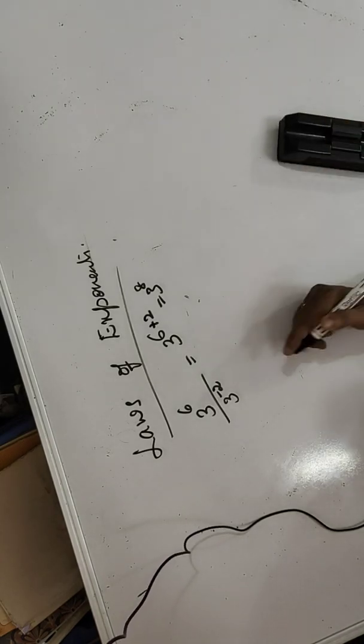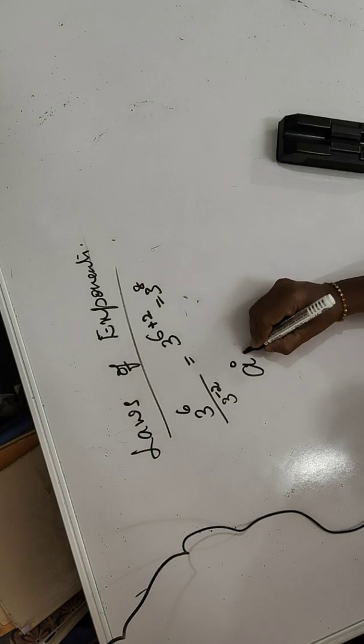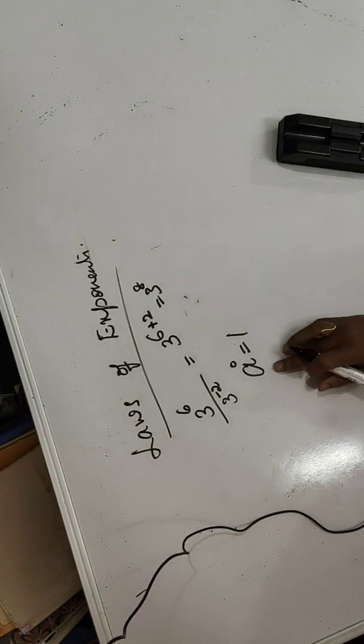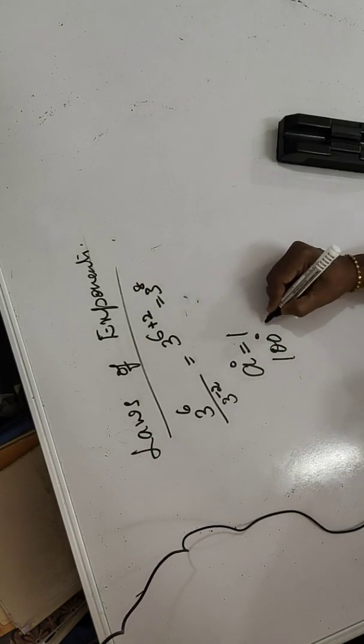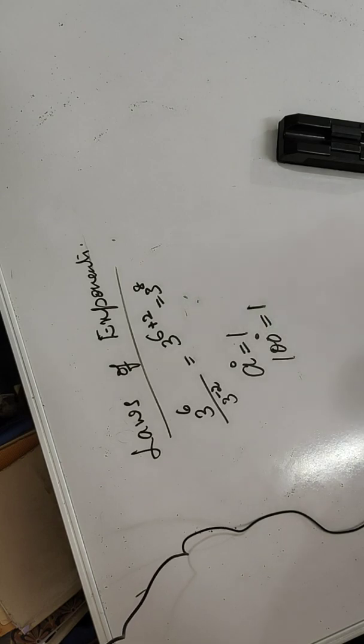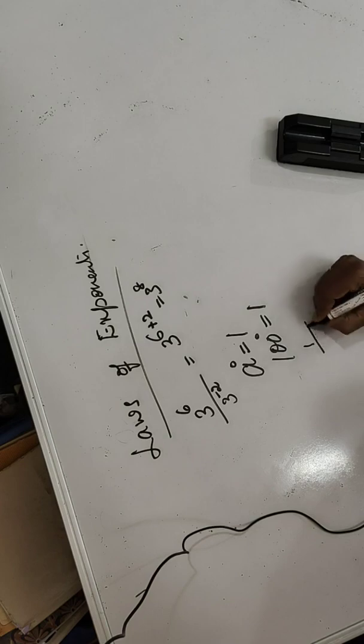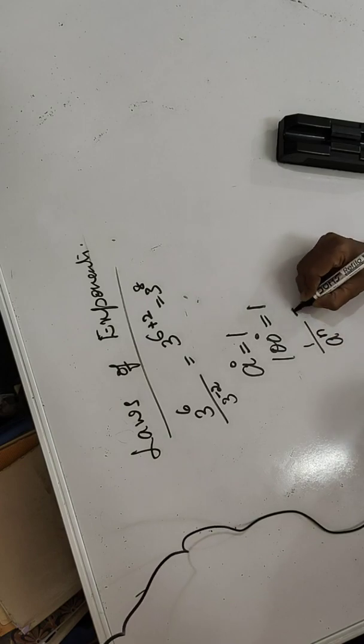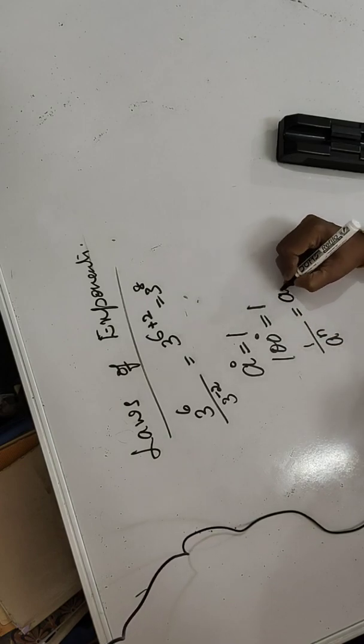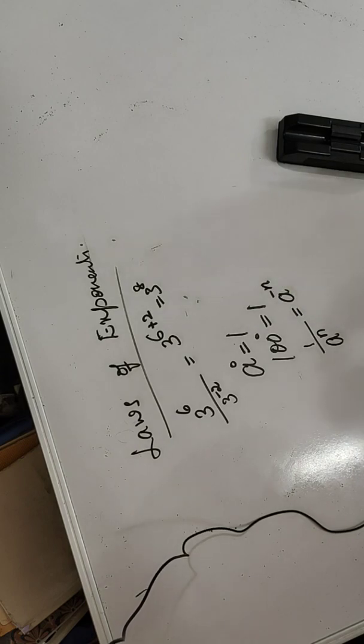Okay. Next, a few things you must know. One mark: anything to the power 0 is always 1. You may take 100 to the power 0. The value is always 1. Next, I said this already: a to the power n, take it to the numerator, then the power sign changes.